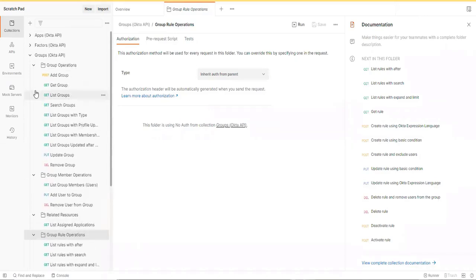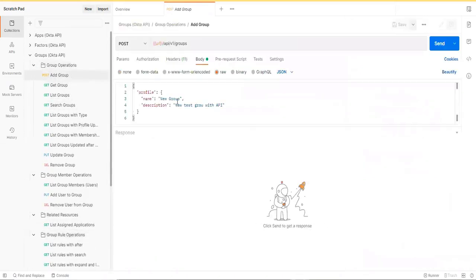Okay, now let's start with add group, which means we are going to create a new group. If you click add group, here you can see in the body there is a predefined structure available. You can edit your group details here, for example, API group, and this is a new list for API. And once that is done, in the POST URL you can see it is not asking for anything.